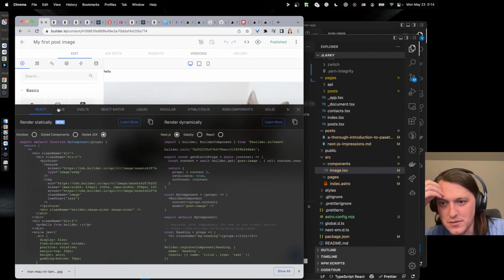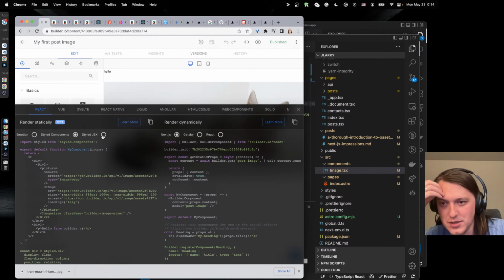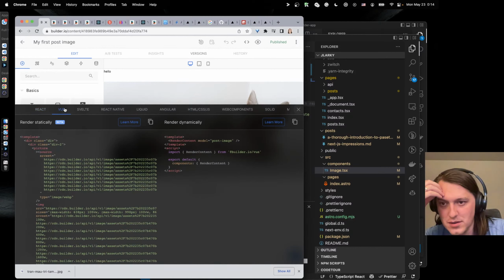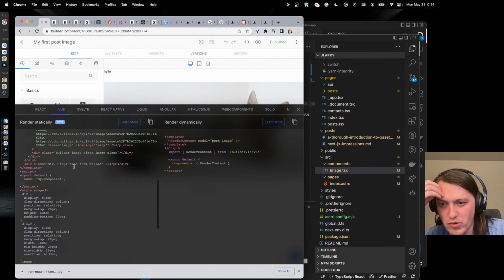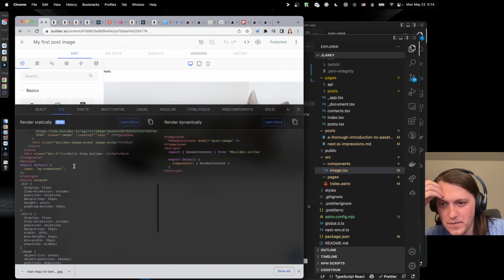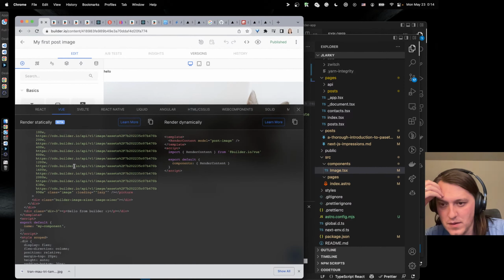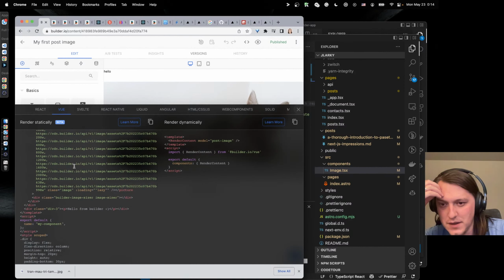But okay, so React style components, SolidJS, vue. Loading lazy. Doesn't seem like a real syntax.